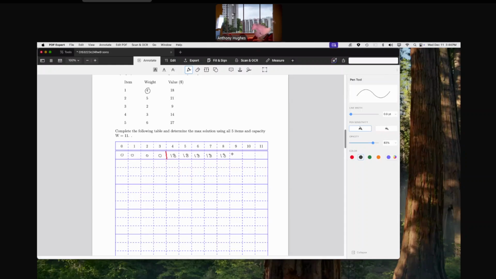So the first item is 4 pounds. So if your knapsack is less than 4 pounds, I can't carry it. But if it's more than 4 pounds, I can carry the first item. All right. The next item is 5. So what we have to do is a shift, and then from there,